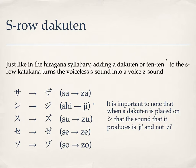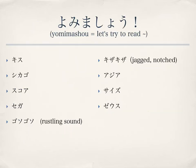Now, just like with hiragana sa, shi, su, se, so, you have dakuten or ten, where S becomes Z or J, as the case might be. So sa becomes za, shi becomes ji, su becomes zu, se becomes ze, and so becomes zo. じゃあ読みましょうか。